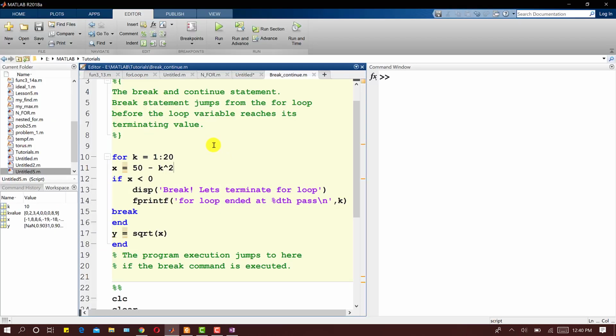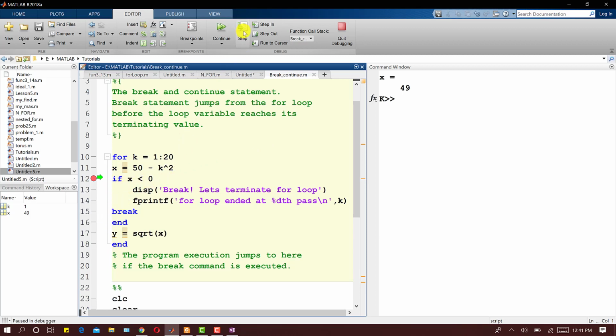Now let's run this script file in MATLAB. Let me put a breakpoint here, and let me run this section. We see that when this statement is executed, the x value is 49, and now we are here in the if statement. The 49 value is not less than 0, so it will jump directly to this end.